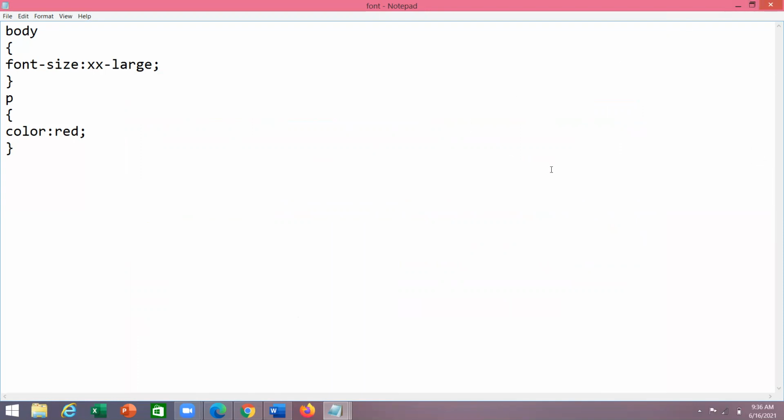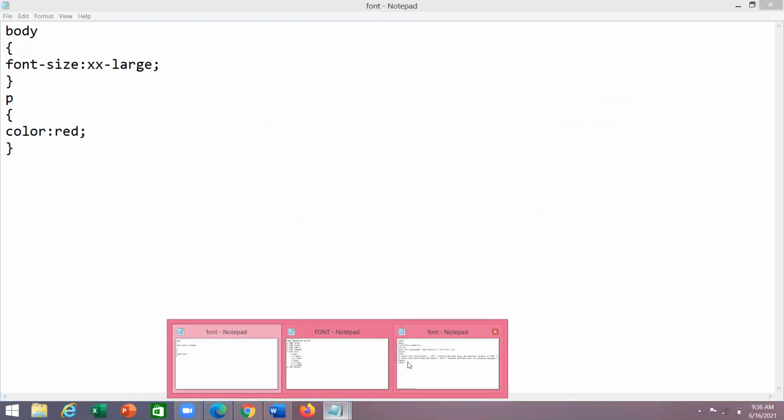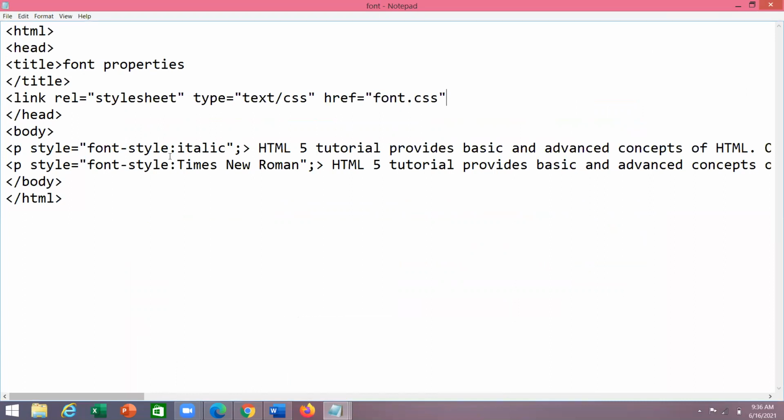Here I'm giving the internal also. For example, font Times Roman, or here I'm giving the font style italic and color equals to color colon blue.